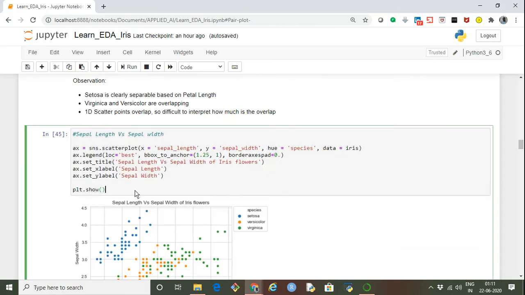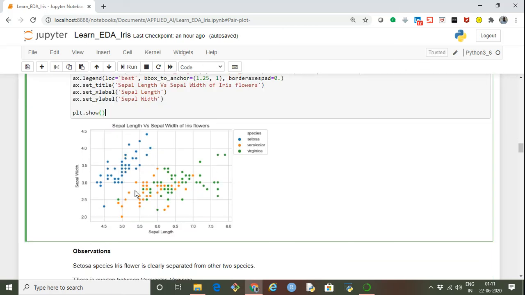Now let's go to our next plot, where I want to plot two features, let's say sepal length and sepal width. This is again a scatter plot, with sepal length on the x-axis and sepal width on the y-axis, and I want to plot the points and color them based on the species.